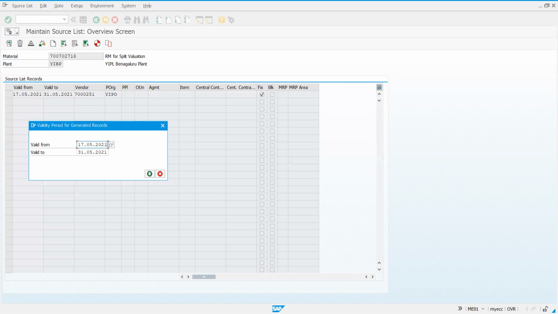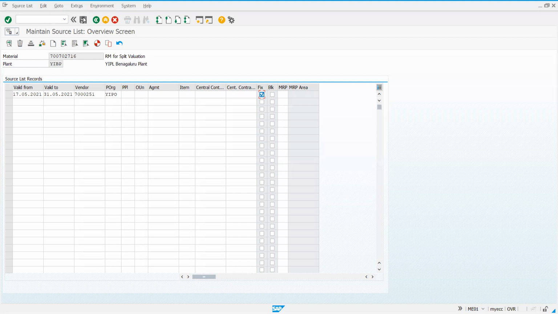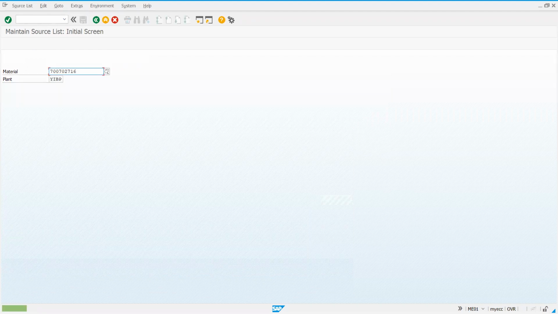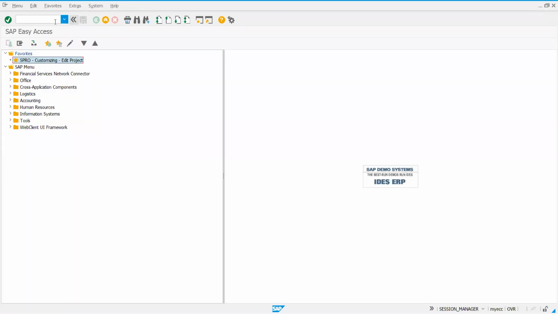Same validity. I'll save this. Source list is created. Now I'll create PO. Next step to create PO.